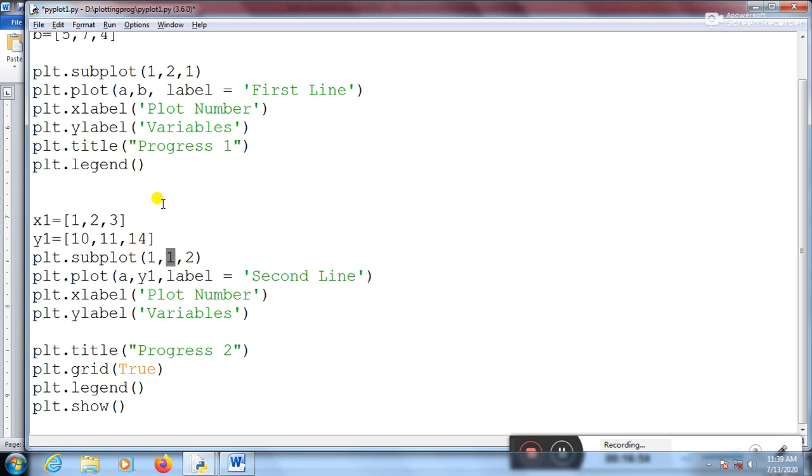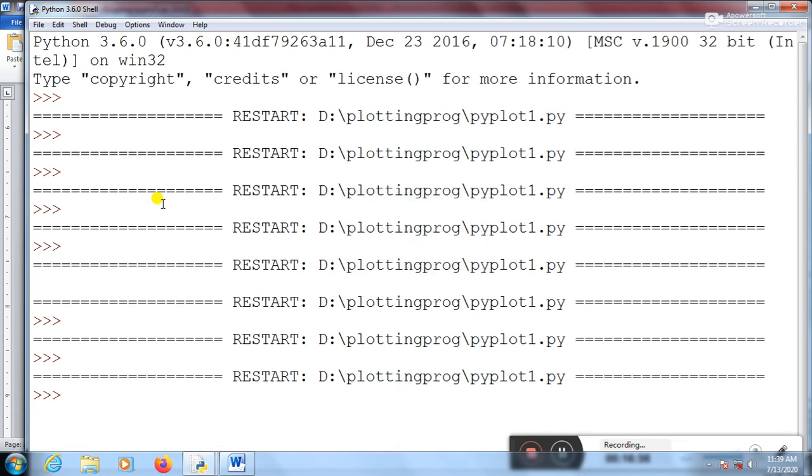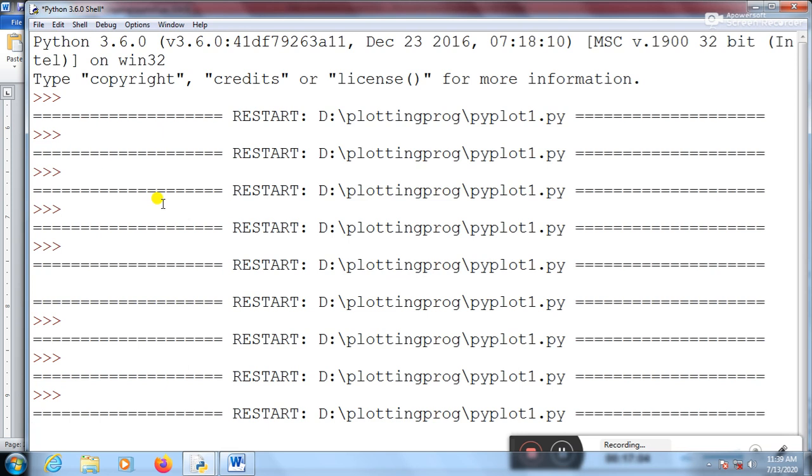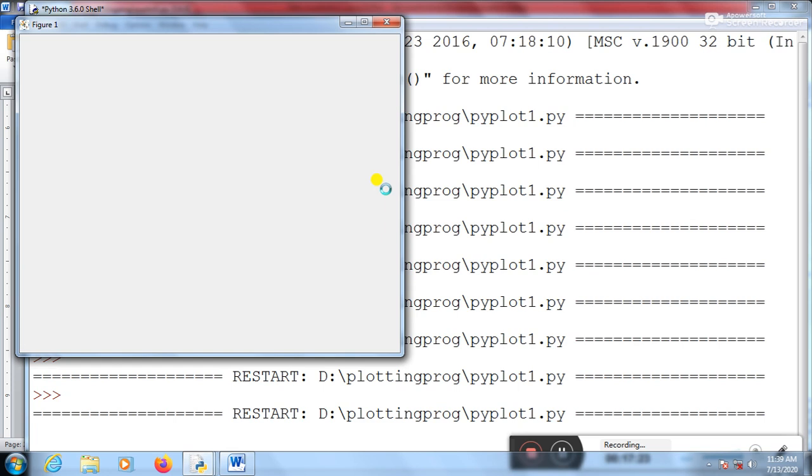That means the graphs should come side by side, not up and down, since in 1 row with 2 columns, the columns will be side by side. There it is. Now only one single row and 2 different columns. In the first column the first graph, in the second column the second graph.